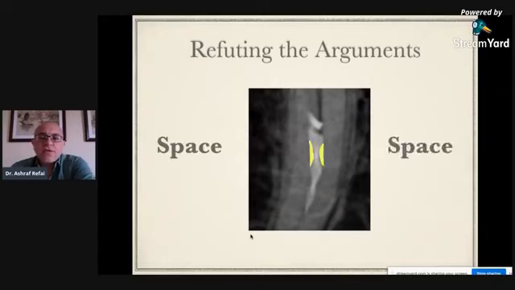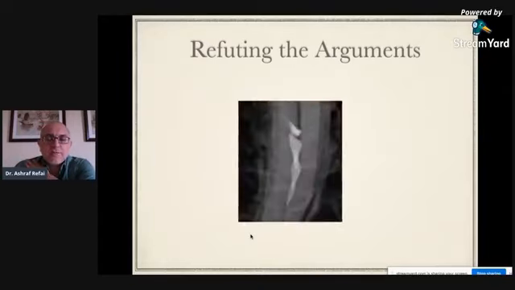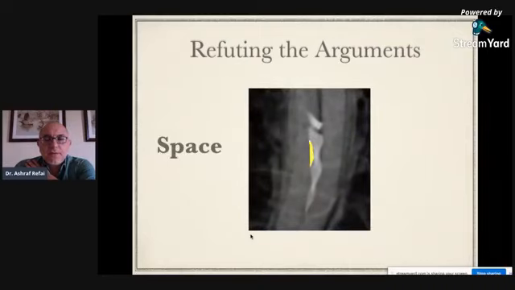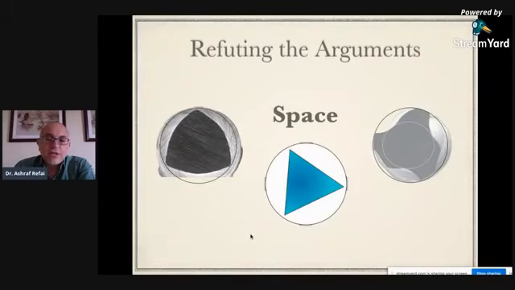And if you see here, what do you see on the sides of these instruments? Space. See that? This space, if it's evident in the X-ray, is space nonetheless that may harbor bacteria. So instruments which fracture inside the canal, even if the canals are totally, we will put between quotes, totally clean, which is not possible, they still do not act as gutta percha because simply there is space between the flutes that may harbor bacteria. And you can see from all the different cross sections that I just showed on the screen, all of them there's potential for space between the instrument and the canal walls.